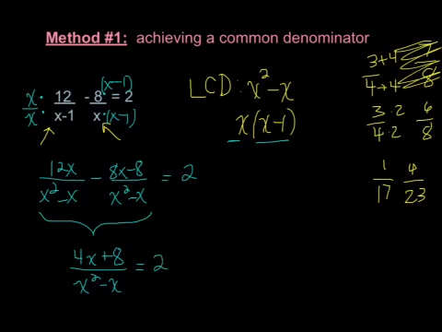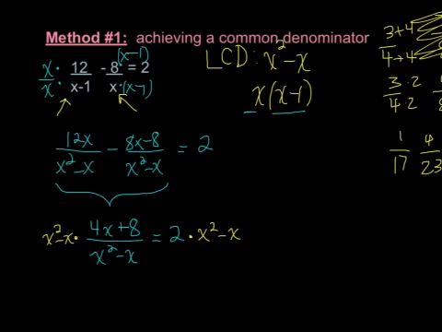This is a good time to multiply to undo the denominator. Notice that when I multiply on both sides of the equation, I'm not multiplying by x squared minus x over x squared minus x, but just that denominator value. Whatever I've been dividing by, I am now multiplying by to undo that division,